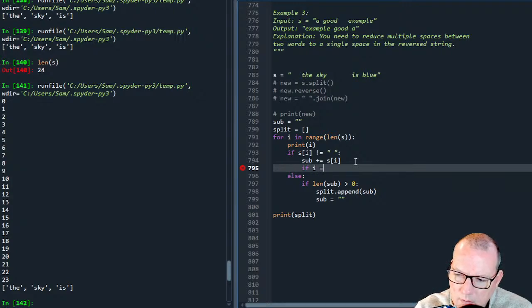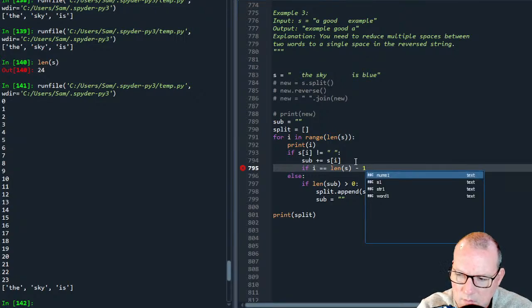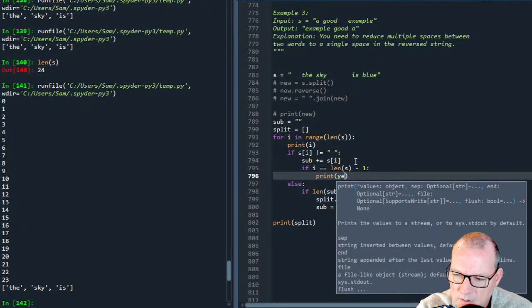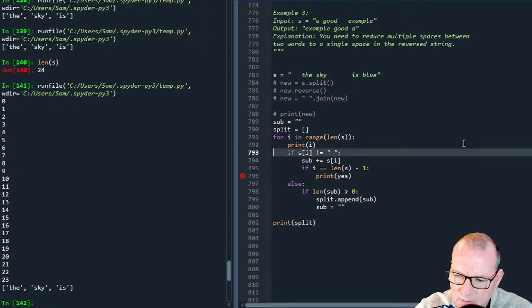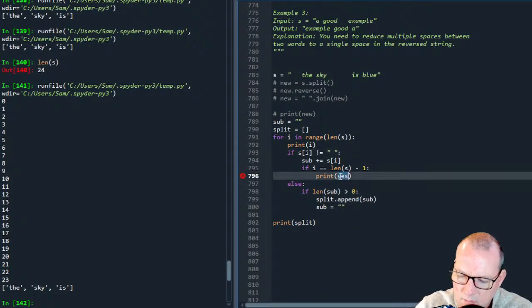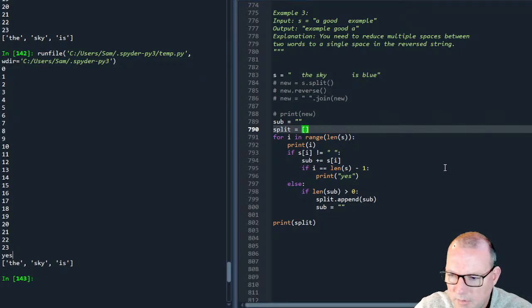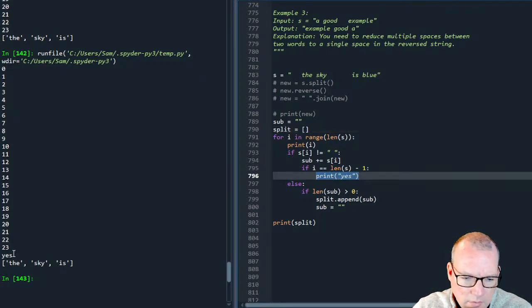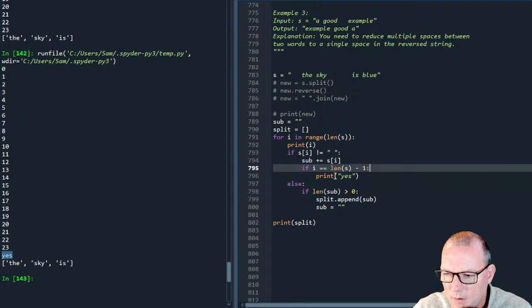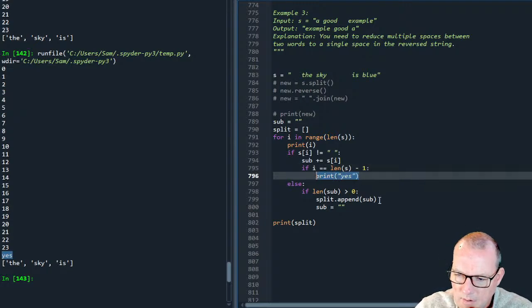If i equals len(s) minus 1, print yes. I want to make sure that I'm triggering. Bingo, there we go. So I got this trigger right. So now if